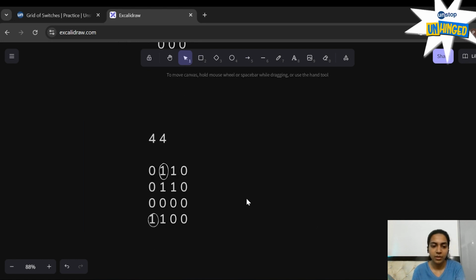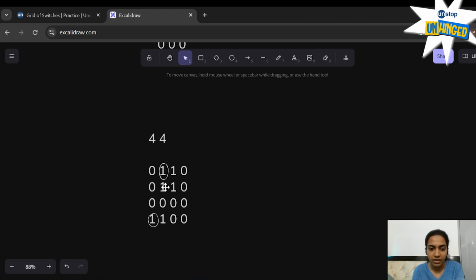Let's see another example. In this case, we have four rows and four columns. But in this one, we do have to do some operations to turn off all switches because we have values that are currently on. All of these with the value 1 are on. So once we reach this value, we can turn it off. Via this, we can turn it off, and via this only, we can turn this also off.